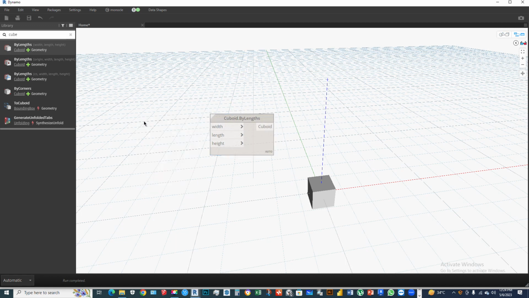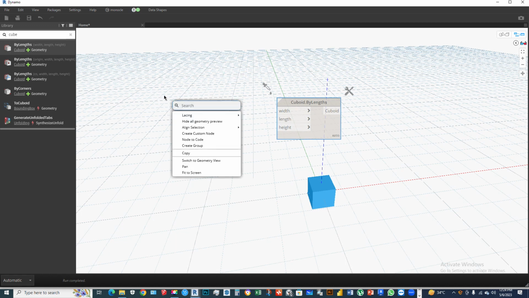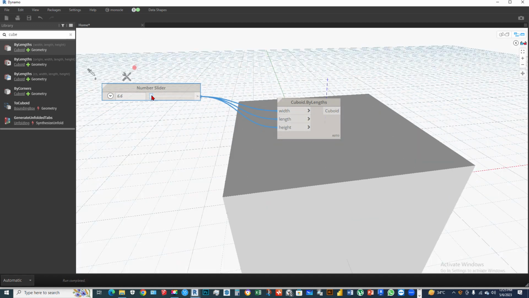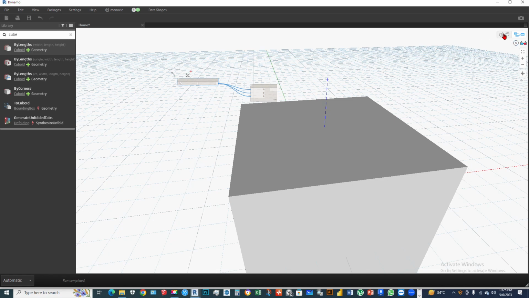I just connect this cube with length and height with a slider. Right click on this graph interface, say slider, number slider. Say width, height, length and height. Increase this number for a moment. Now create a